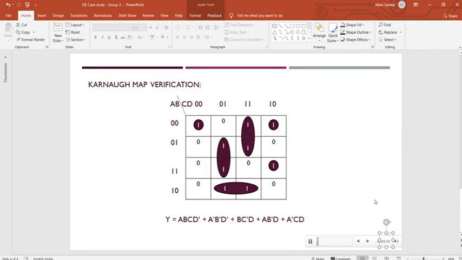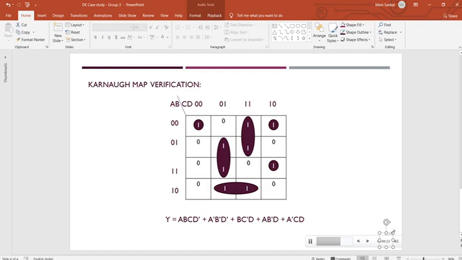After finding all the expressions in the primitive table by using those x values, we have to verify it using Karnaugh map verification, which means K-map. By drawing this table and drawing the values, we mark it based on the question. So we have the question like 0, 2, 3, and based on this, I marked here 1, 1, 1, 1 like this. Then after that, we have to mark the ones which are nearby to another one. So like this I marked these ones.